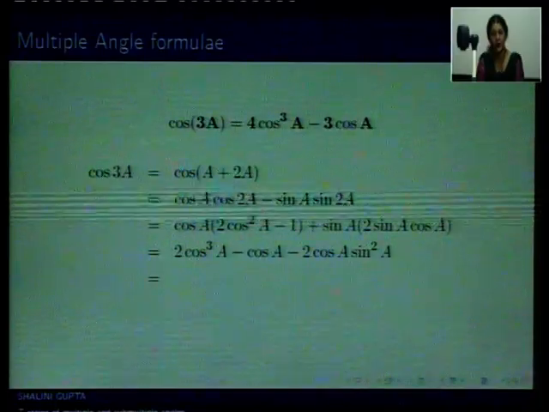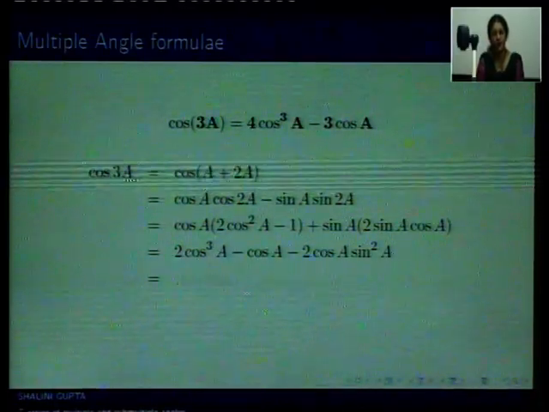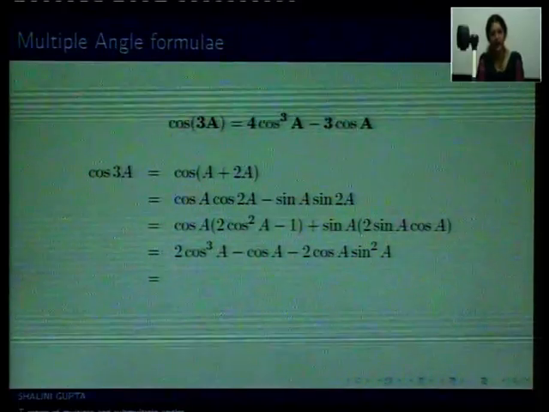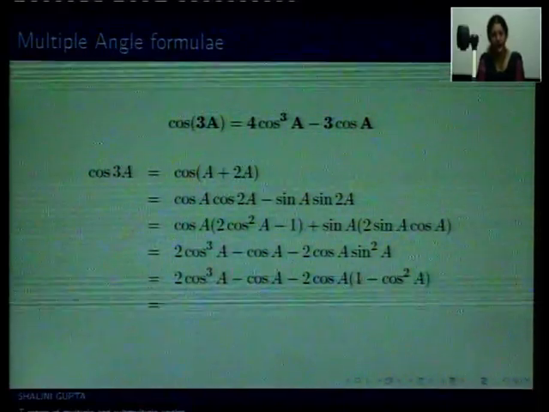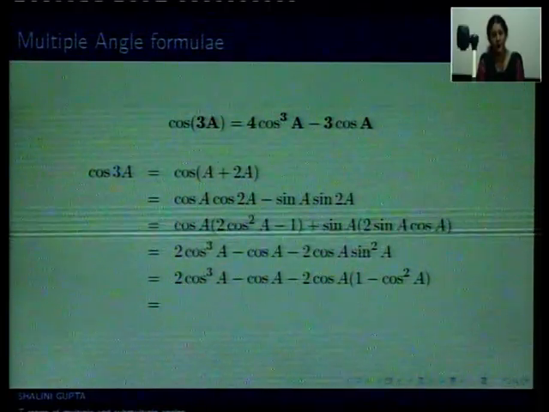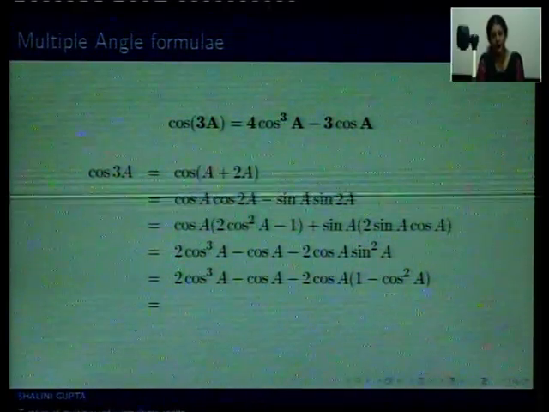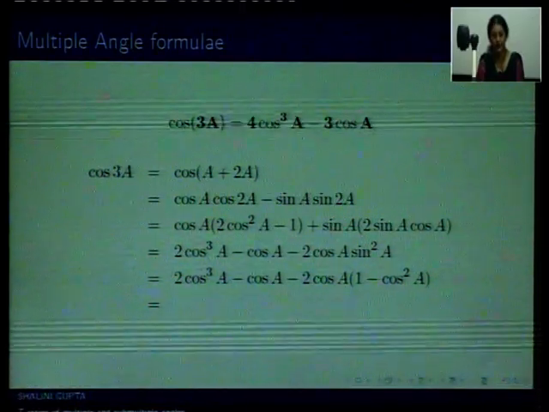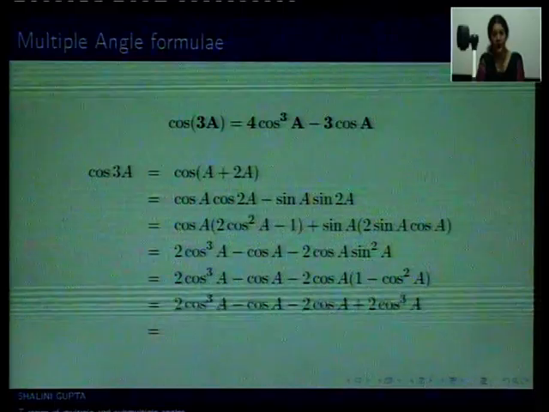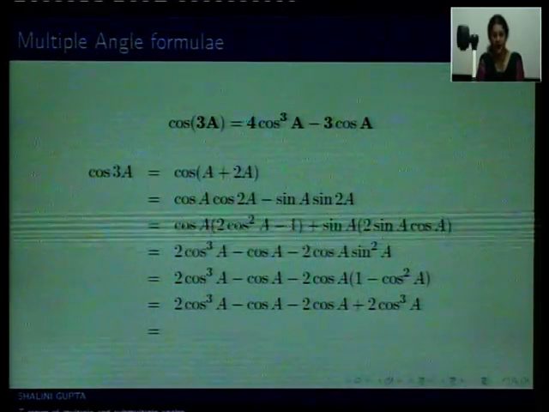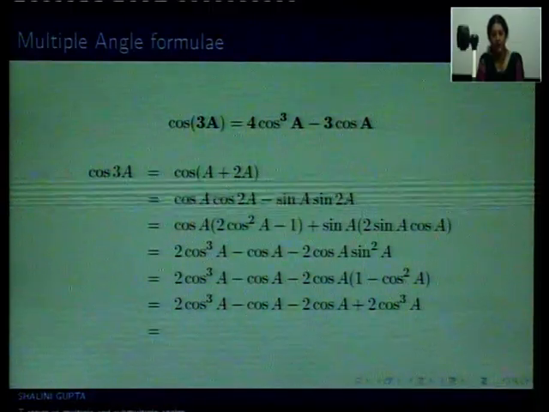So sin square a becomes 1 minus cos square a. Putting the value of sin square a as 1 minus cos square a, the expression of cos 3a becomes 2 cos cube a minus cos a minus 2 cos a (1 minus cos square a). Simplifying this, cos 3a becomes 2 cos cube a minus cos a minus 2 cos a plus